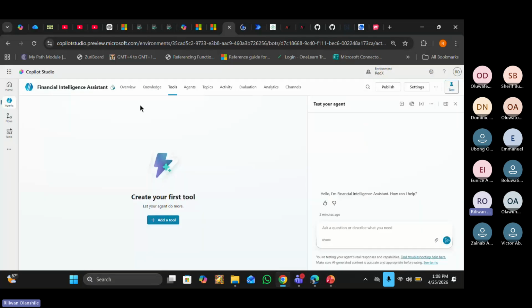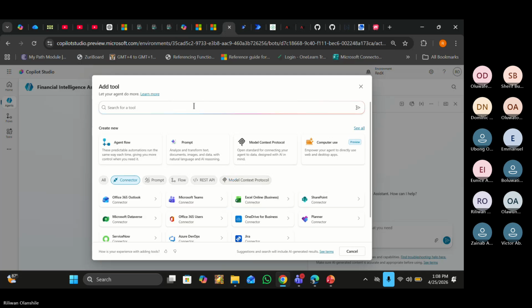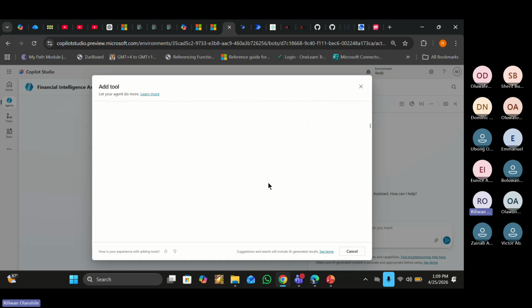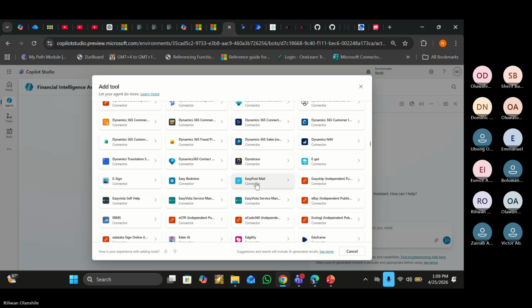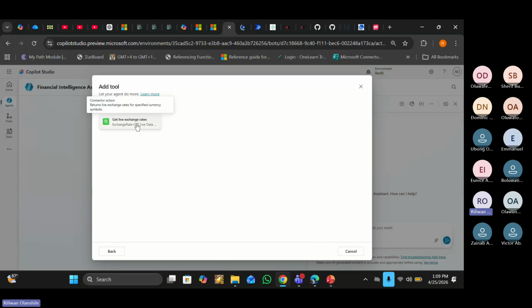Okay, let me do this again. So apologies. So add the tool, scroll down to the connectors section. Okay, so it is showing now. Can you see this is our connector? And you see this logo is mostly around when you see custom connectors. So you select a particular tool that you want to bring in. It's telling you that this is the action you have inside it.